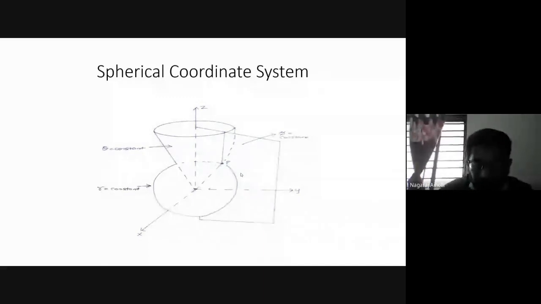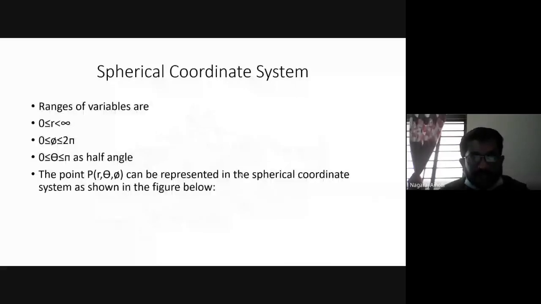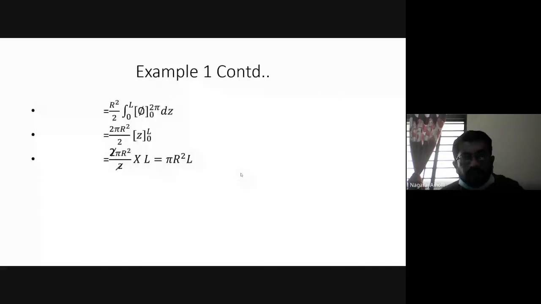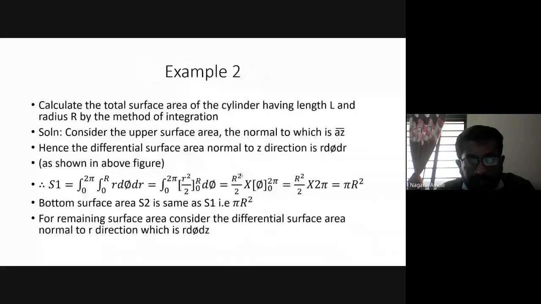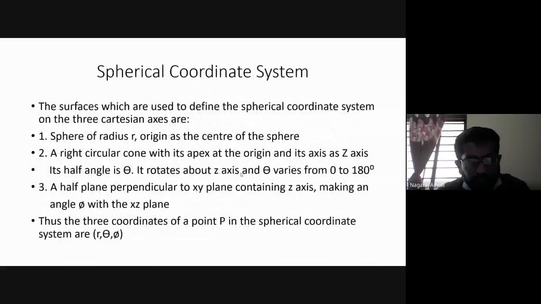Okay. What all we have covered in today's class, students? In today's class, we have solved examples. The first example was to find the volume of the cylinder by the integration method, given the figure of this particular cylinder. Then the second example was on finding the surface area of the cylinder. Next, we have taken the spherical coordinate system, where we have explained that there are three